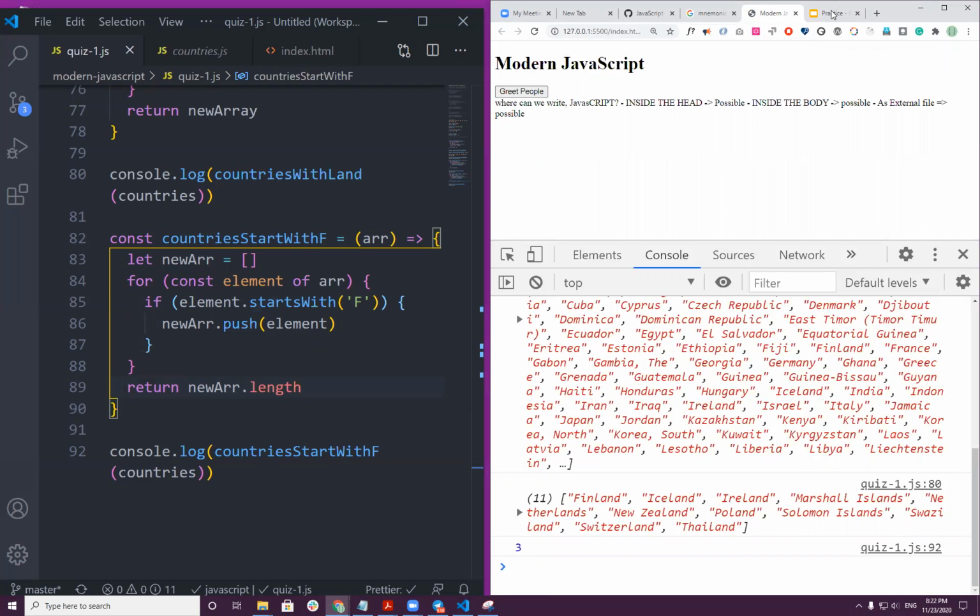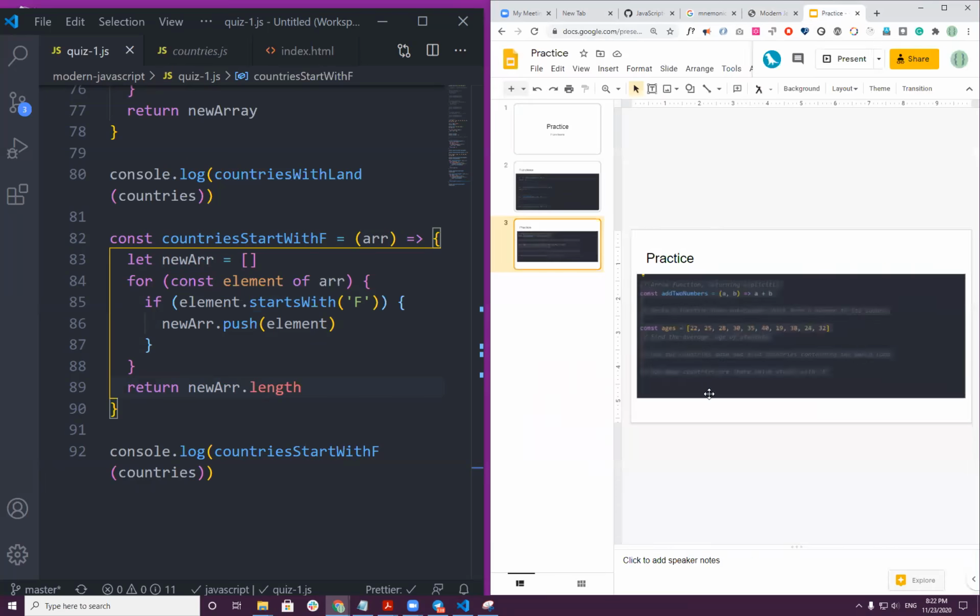Okay, let's check again our problem. How many countries? But as you can see now, this function actually finds only for F. How do we change this function to find any letter? For instance, I want to ask how many countries in this world start with A? It's a game.